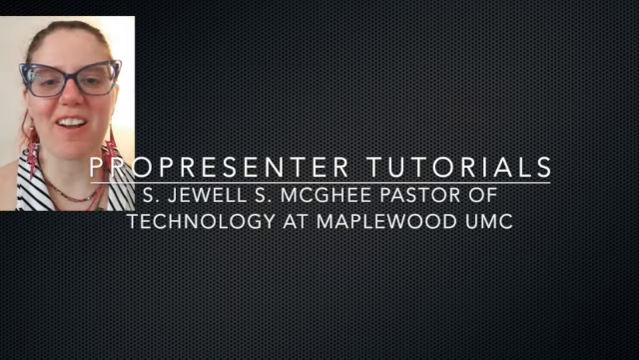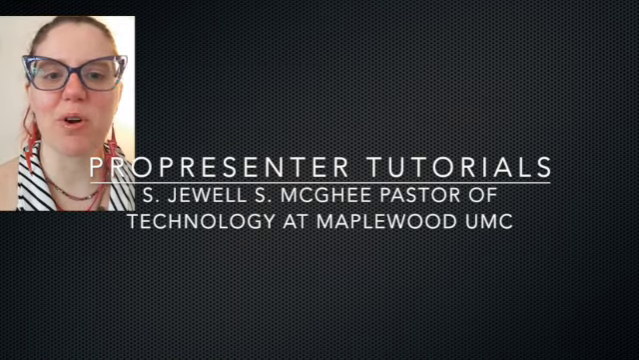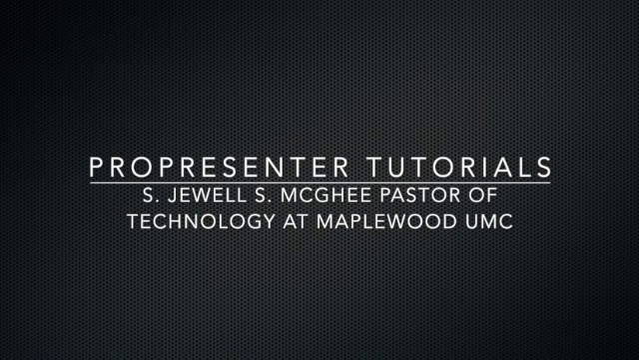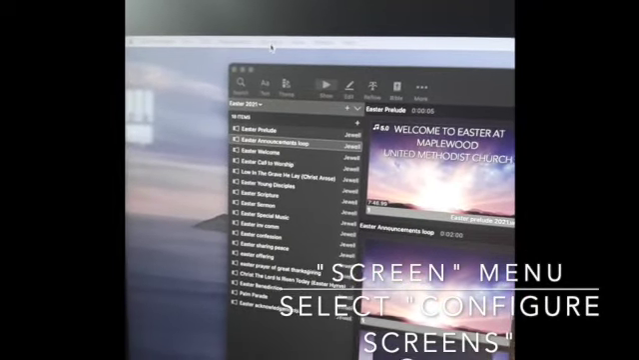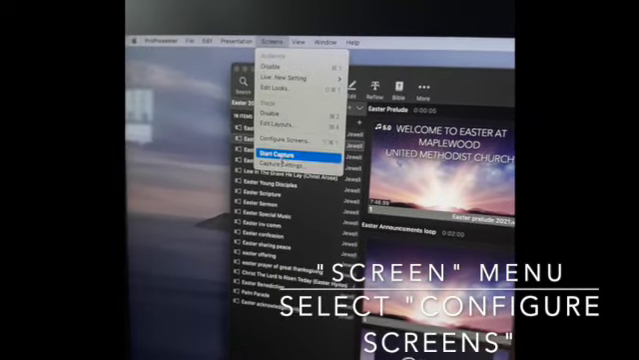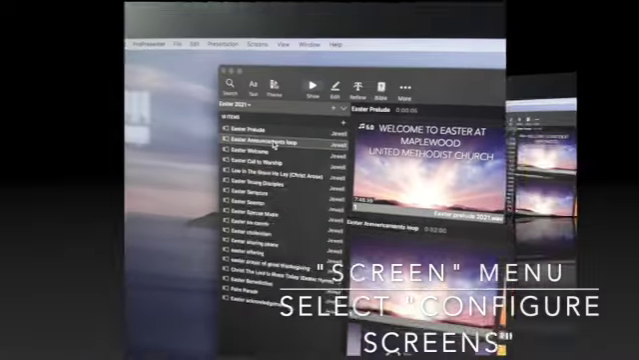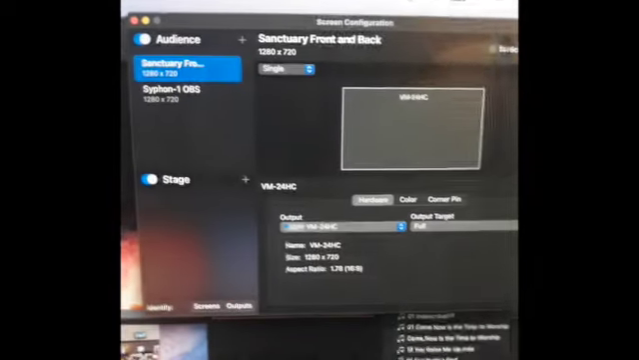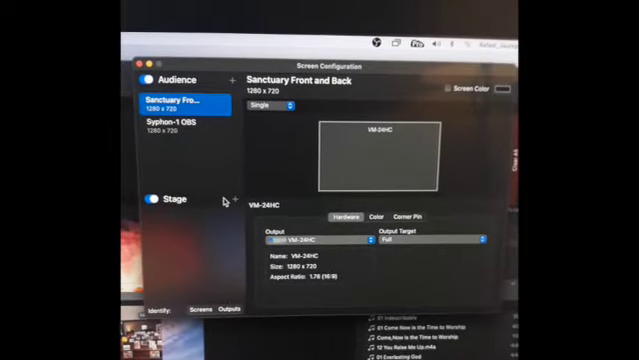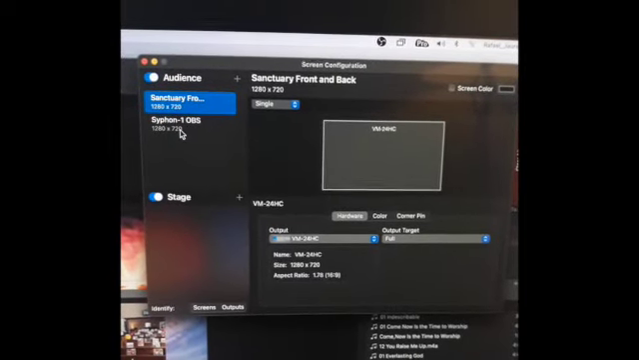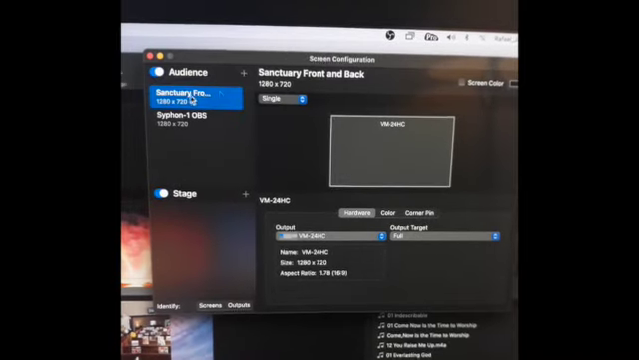Today I'm going to talk about screen configuration in ProPresenter 7. You go up to Screens, the menu item, you click on it, and you do Configure Screens. In your Configure Screens, for Maplewood UMC, we need to have two different screens, and the first one is Sanctuary